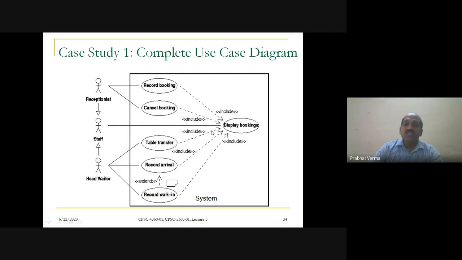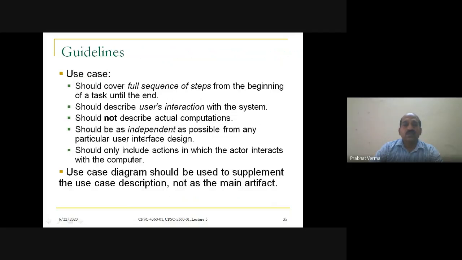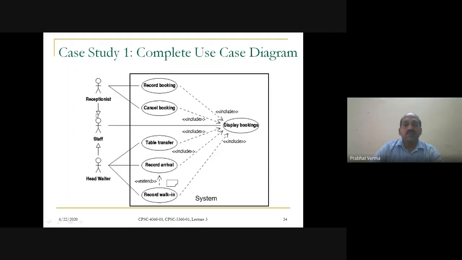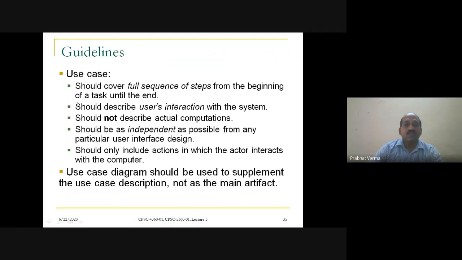So a staff can also execute the display booking use case. If the generalized staff is able to execute a use case, obviously the specialized will also be able to do so. So this is our use case diagram for the restaurant management system.